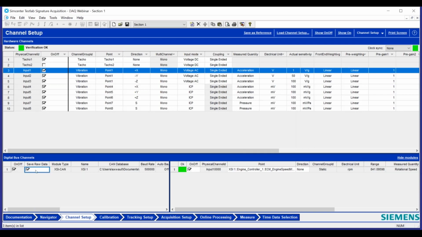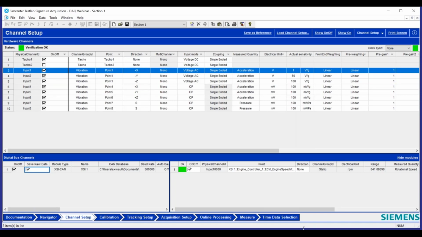If you turn this on, it's going to save that entire CAN stream, and later on, we can decode it and use that information. So that's a useful thing if you're doing the test and you don't have a DBC file right then, but you still want that information. You can turn this on and it saves the raw file, and we can browse it later. So the channels you selected before were just for visualizing online, but at the same time, in addition to the ones that we see live, we can record them all in the background. Is that kind of what that's doing?